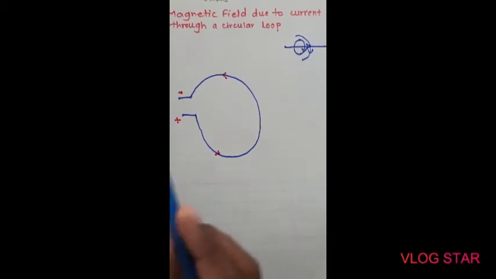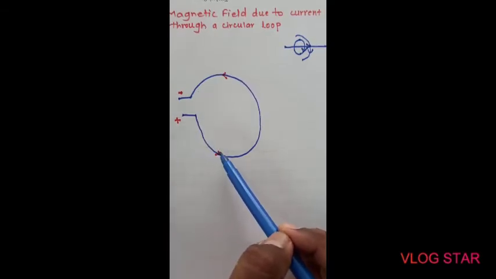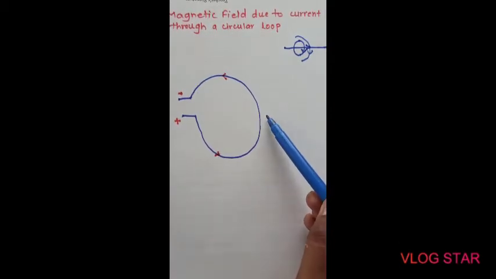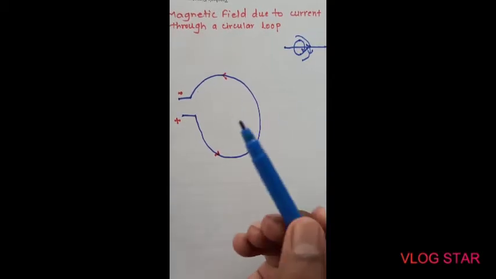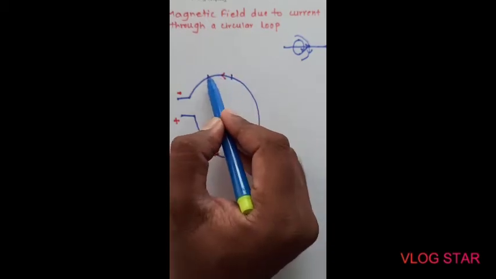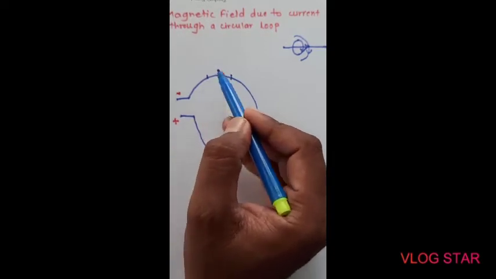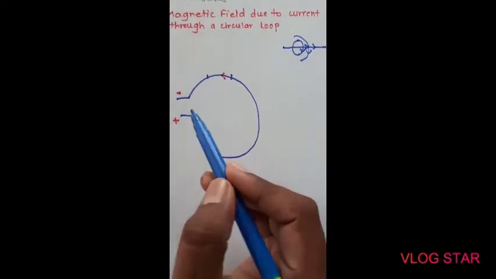Now we have to think about what would be the direction of magnetic field. As this is a conductor, around this conductor everywhere the magnetic field is generated. If you take a compass near the loop, that compass gets deflected, meaning that whenever current is there in the conductor, a magnetic field is generated. Now to get the direction of magnetic field, we will consider a small part of the conductor. Suppose from here to here, we have assumed a little part of the conductor. Whenever the part is small, it works like a straight conductor, isn't it? So we can compare it with this, and the magnetic field is also like this.